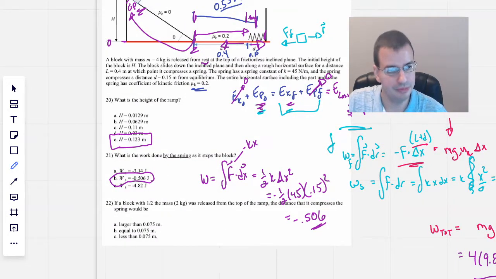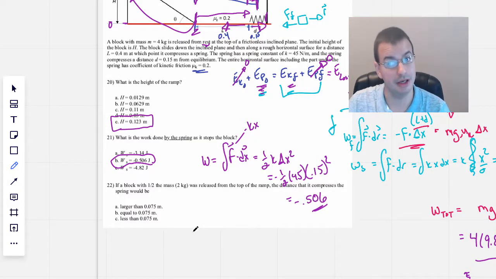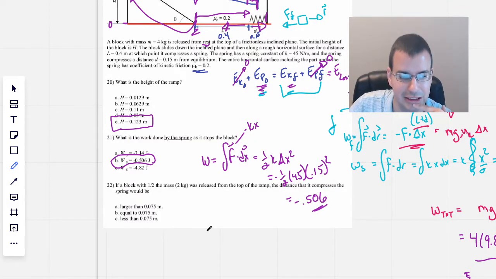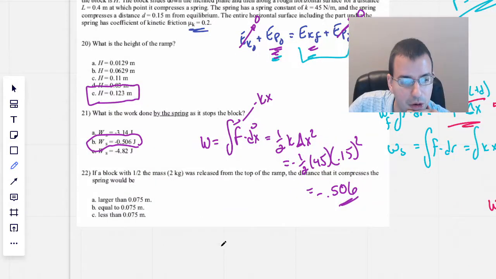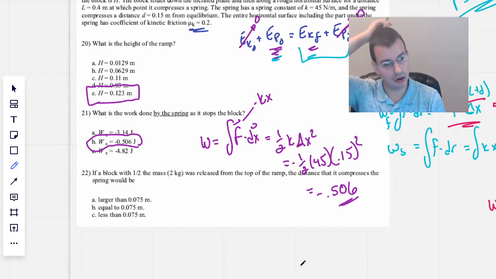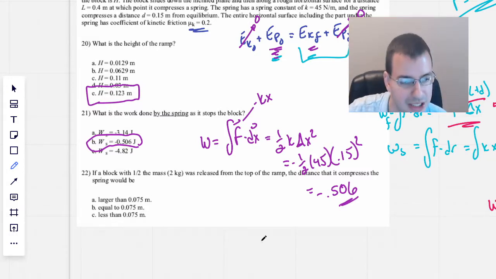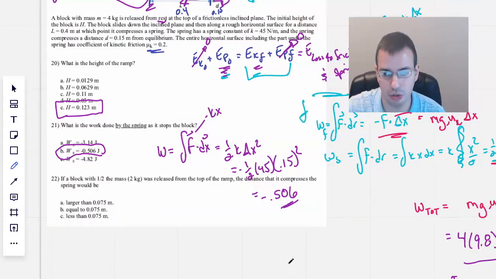Oh well, I'm sure it's not a big deal. Maybe it is, I don't know. Suspicious. If a block with 1/2 the mass, 2 kilos, is raised from the top of the ramp, the distance that it compresses the spring would be... okay, so we're basically asked to do a completely new problem,